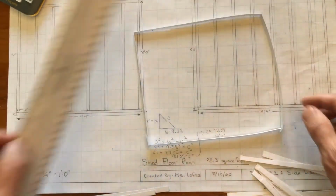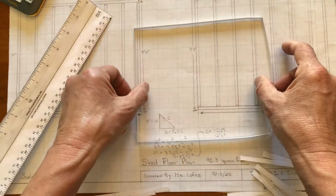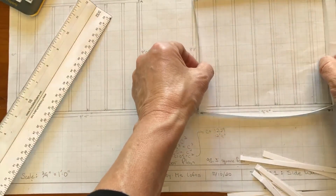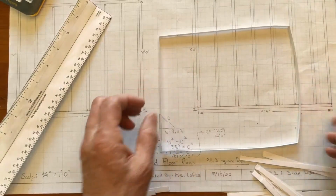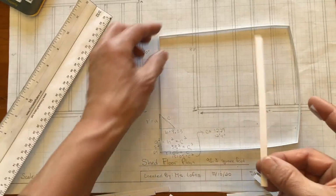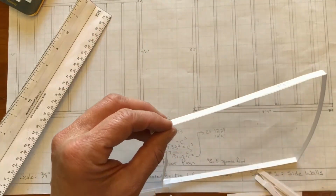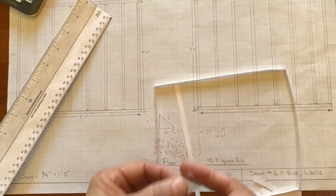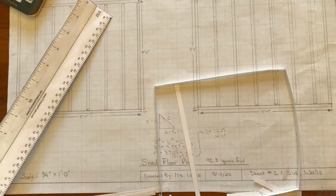Okay. So in the end, we want the diagonal to be 12 feet 4 inches across. Okay. All right. So now I'm going to take my 8-footers, and I've got these 9'4" ones marked everywhere. I need to cut my tape down a little bit. It's too big. So I'm going to put in my